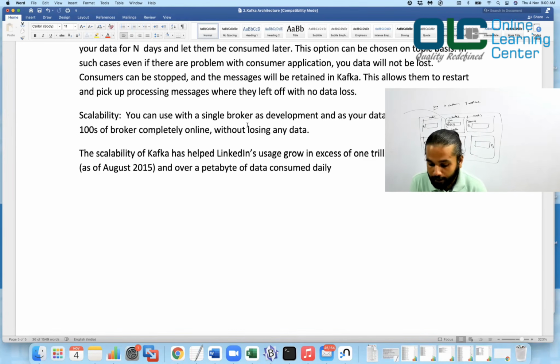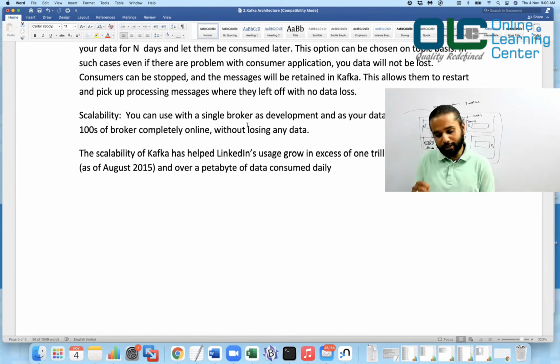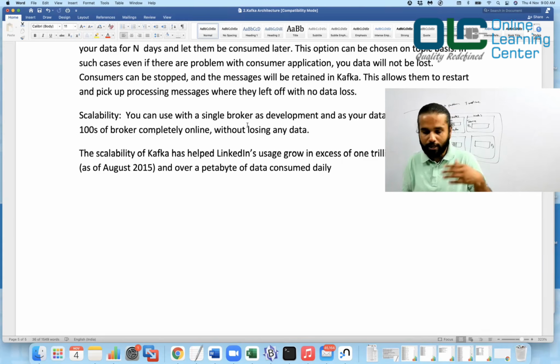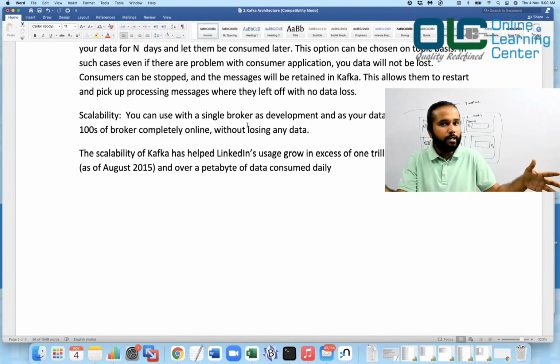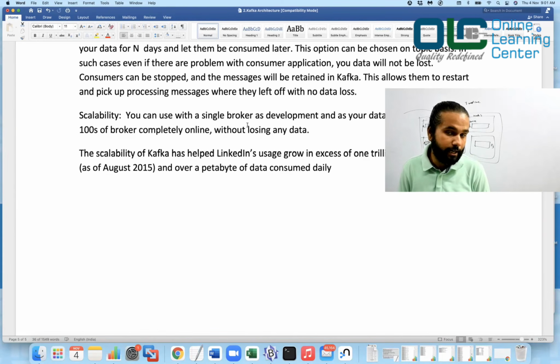So Kafka can also be used as a database, but I'm not talking about a SQL database. You can store the data and consume it later, but Kafka is not designed for that. However, you can still do that. Kafka is actually a queue. You should treat it as a queue. You should not say, okay, I'll remove my database and start writing all my data into Kafka. You should never do that. Kafka is basically a temporary container where you keep the data, let the consumer consume the data, and once the data is consumed, that data should be discarded from your Kafka. That is the default behavior of Kafka.